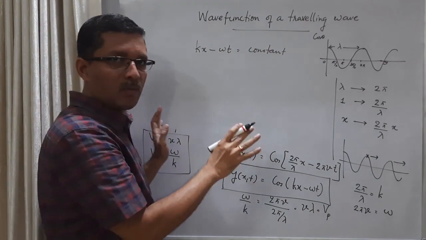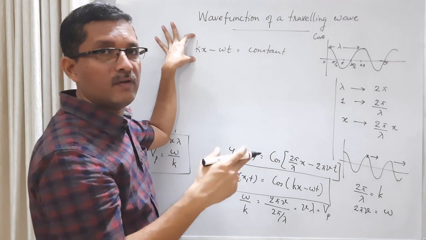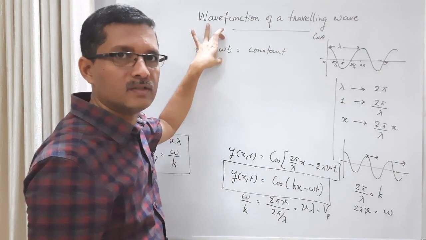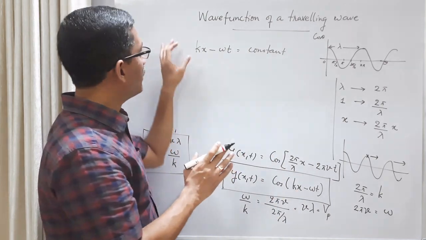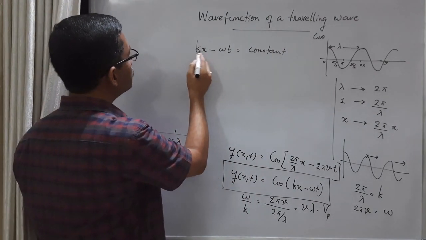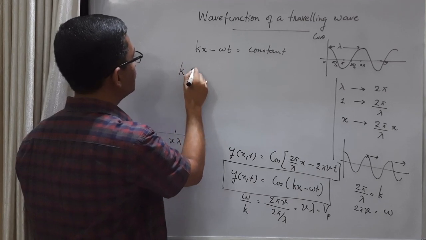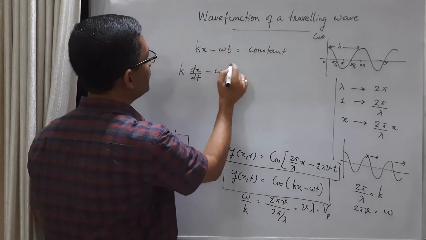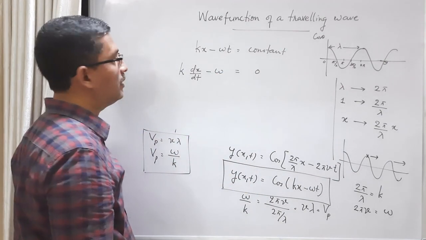So it's a monochromatic wave. Okay, so lambda is constant, therefore k is constant. If wavelength is constant, then frequency is constant. If frequency is constant, 2 pi nu, that is omega, is also constant. So for a monochromatic wave with constant lambda, k will be constant and omega also will be constant. Therefore, if you differentiate with respect to time, k you can treat as a constant. This becomes k dx by dt minus omega, which is a constant, dt by dt is 1, and the right side is a constant. So if you differentiate with respect to time, you get 0.